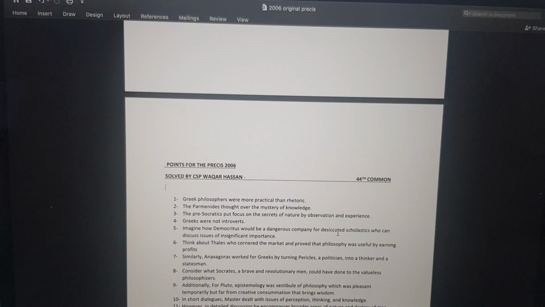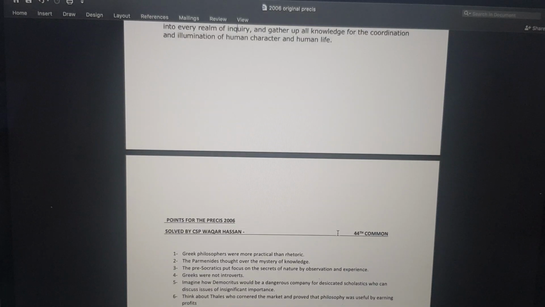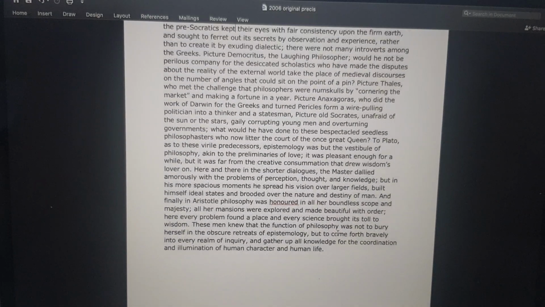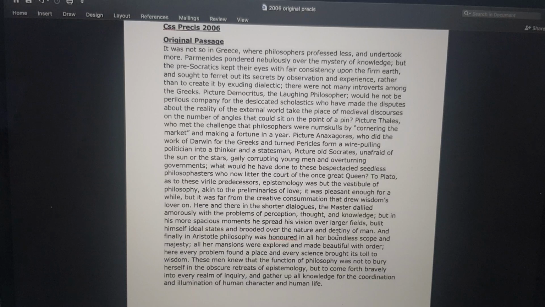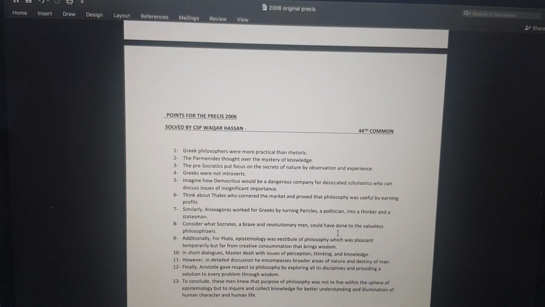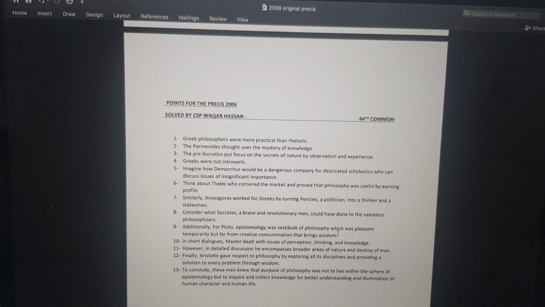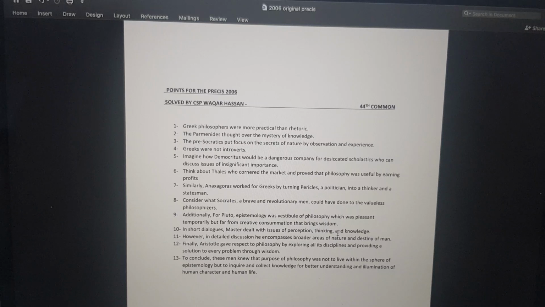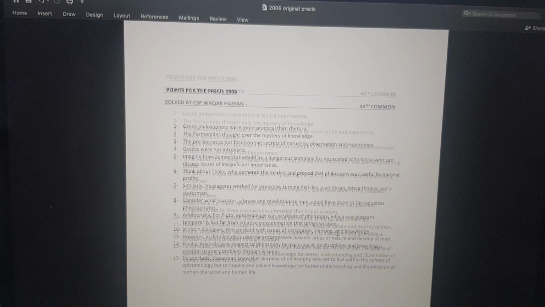First of all, you have to read the passage twice. In the first reading, you have to underline all the main points. In your second reading, you have to notice the paraphrasing and the importance given to each idea. After that, you have to write points for the précis, and you have to number each point. You have to write all the points of the précis in the form of sentences, and do not forget to leave any idea behind. Yes, you can exclude examples.